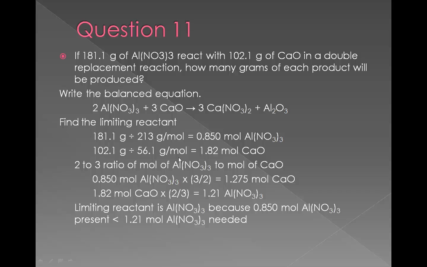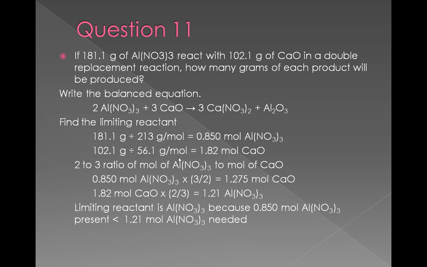Question 11 asks if 181.1 grams of AlNO3 reacts with 102.1 grams of CaO in a double replacement reaction, how many grams of each product will be produced? First, you write the balanced equation. Then, to find the limiting reactant, you do 181.1 grams divided by the molecular mass, which leads to 0.850 moles